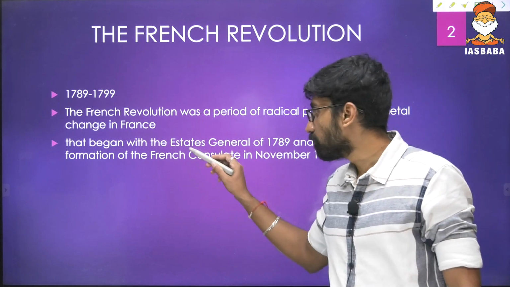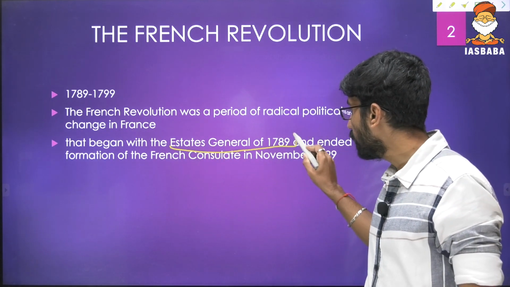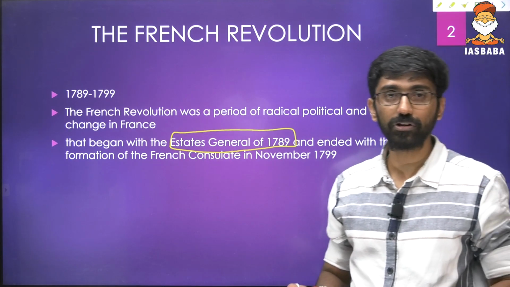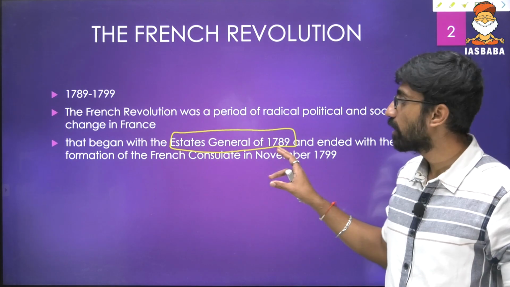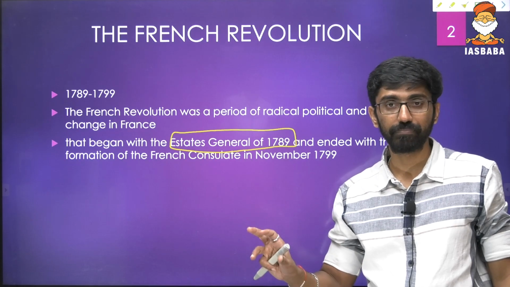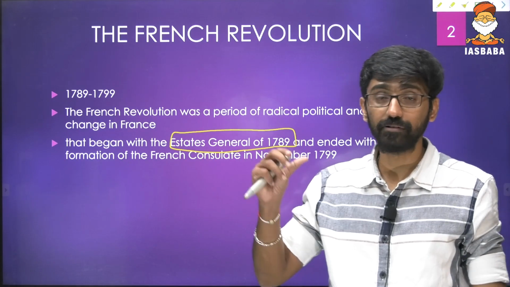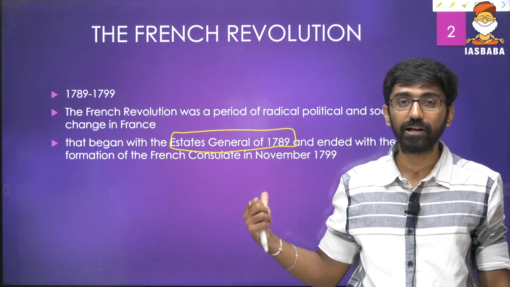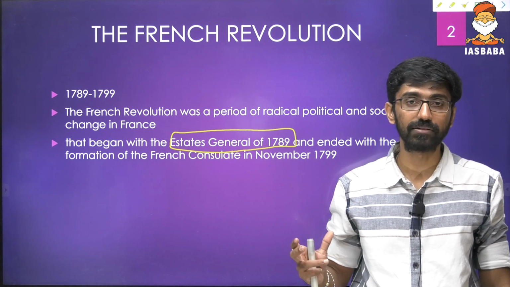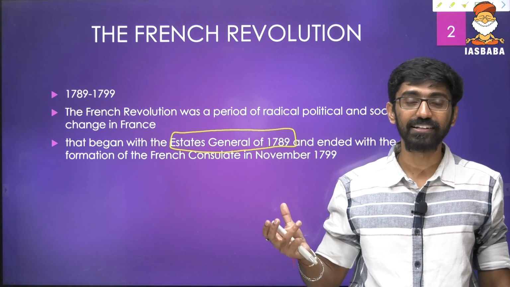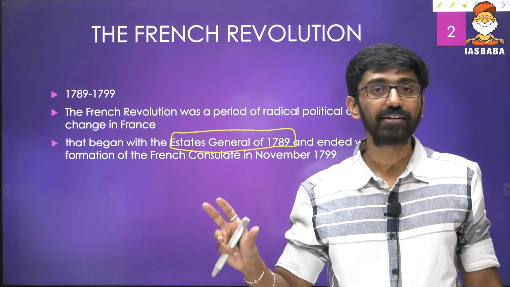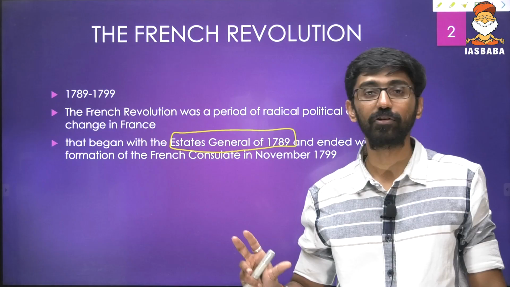This revolution began with one event. Of course, we are not getting into the event in this session; we'll just talk about the major causes behind the revolution. That event was the summoning of the Estates General. It was a parliament. The summoning of the feudal parliament itself was a revolution, because that parliament had not met for nearly 175 years. So the Estates General was called to discuss certain issues, and that is the beginning of the revolution.